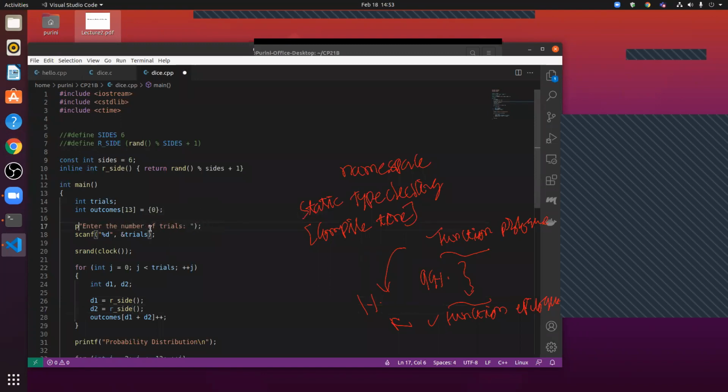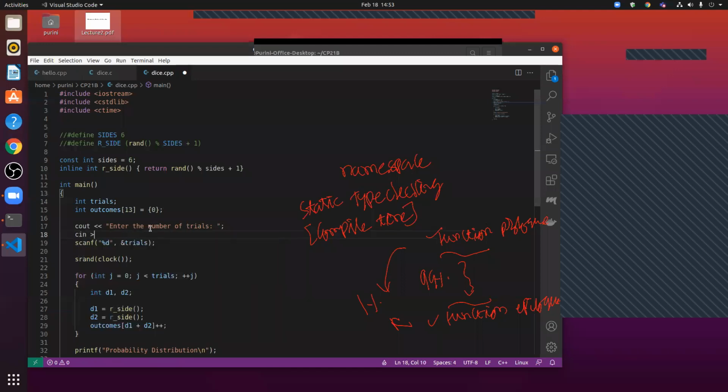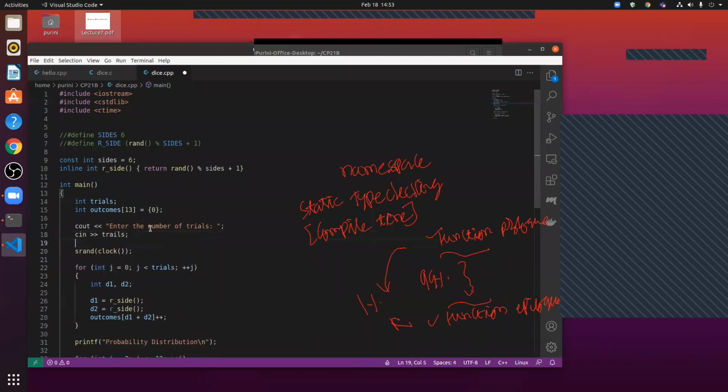And then let's use this one, cout less than. And now we are seeing for the first time how we read input. So this is also nice. You don't need to remember the format specifier for an integer. If you want to print a string or an integer in C, you have to remember all those format specifiers.